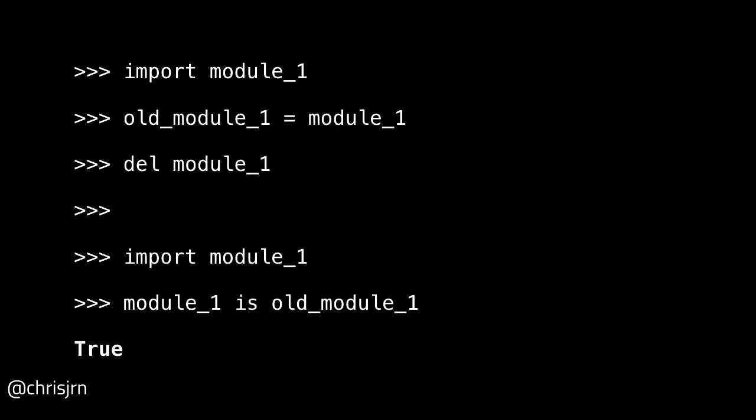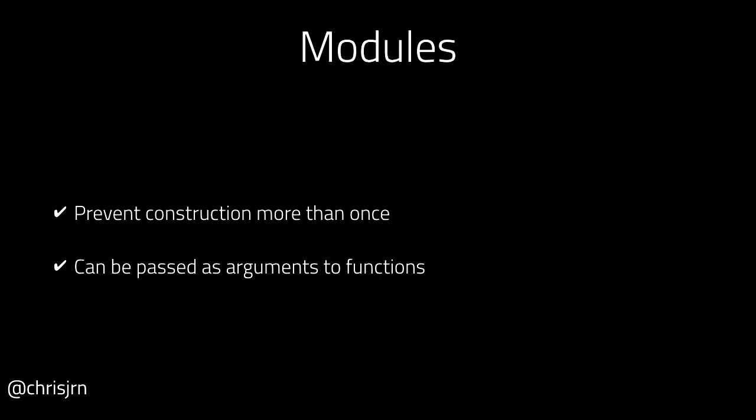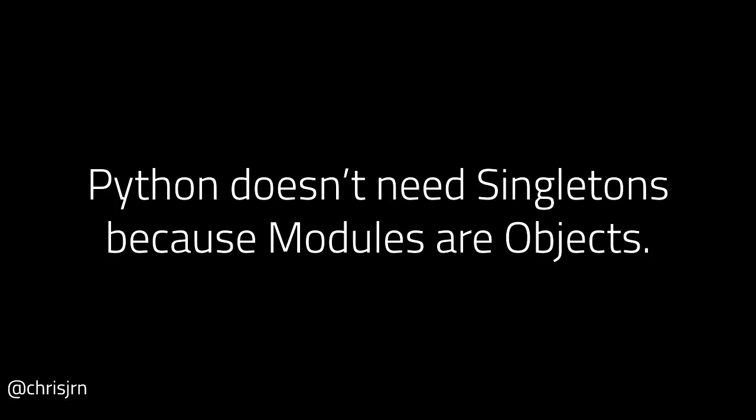And as you probably already know by now, Python's import mechanism makes sure that you always end up with the same object when you import a module, no matter how many times you import it and no matter where you import it from. And so you get this interpreter level enforcement of single construction, regardless of what you do with that object, which is cool. So it does both of the things that we want. In summary, you don't need to go and implement things as singletons in Python because the module infrastructure in Python does that for you.